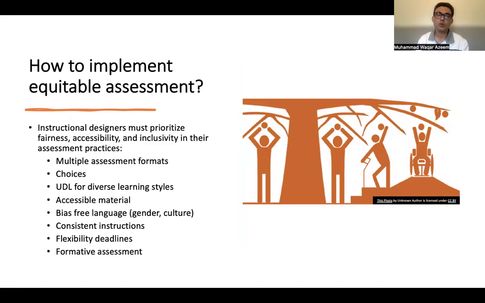We give choices to the students in terms of how they would like to be assessed for a particular course or segment of learning. We can also ensure implementation of equitable assessment by addressing UDL for diverse learning styles,